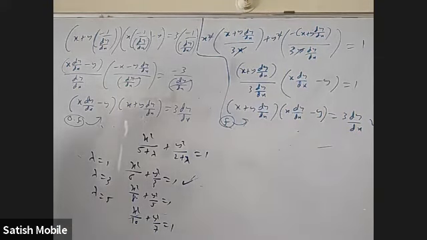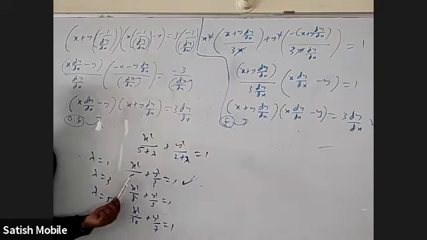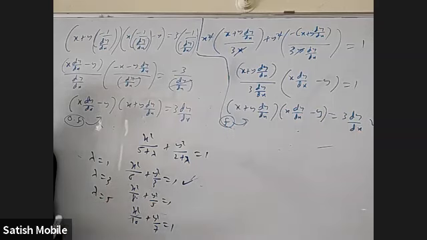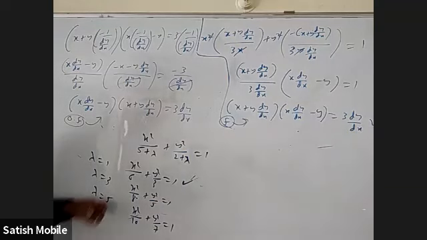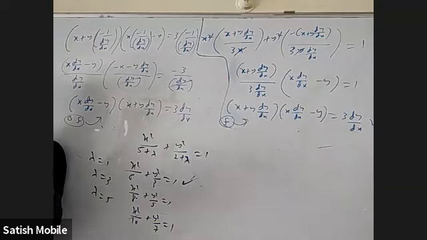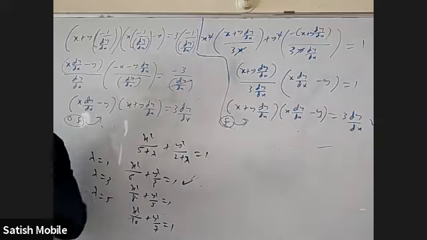Anybody want to tell what are the foci of this ellipse? AE value. AE will be root a square minus b square in an ellipse. This is a square and this is b square. Root of 6 minus 3, root 3. So plus or minus root 3 comma 0 are the foci of this ellipse, and this ellipse and this ellipse also. Okay, so this equation actually represents a family of confocal ellipses. They have the same foci. But this equation represents hyperbolas also.